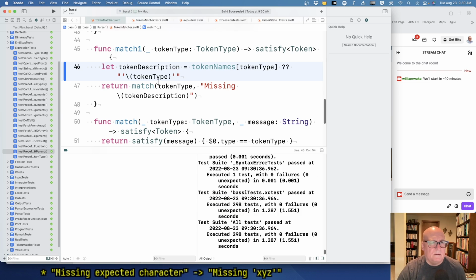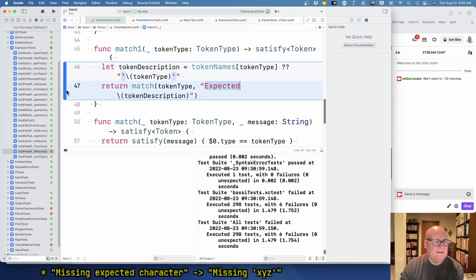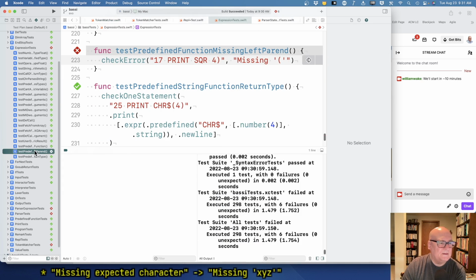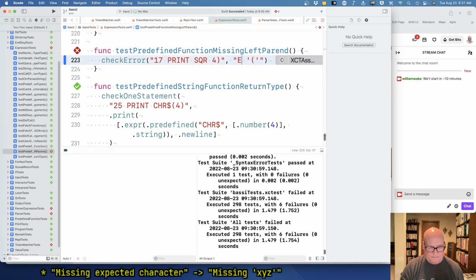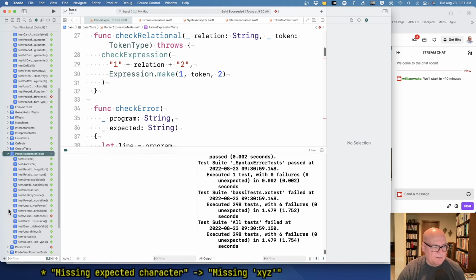Okay. And then, is the right word missing there? I'm going to say it's expected. And there's a bunch of tests that'll break, or at least a number of tests. Yeah, I think that's a better wording. It's hard to get these just so, but